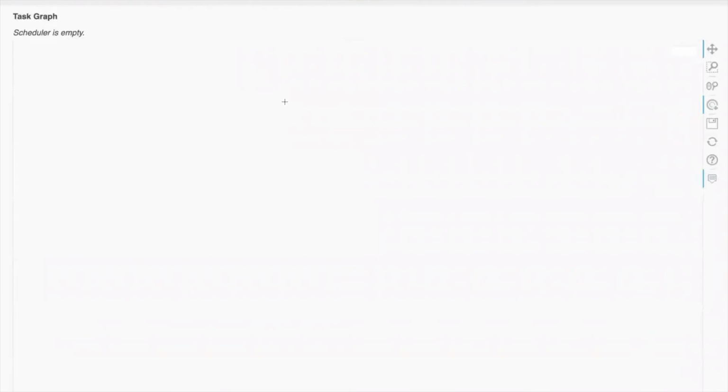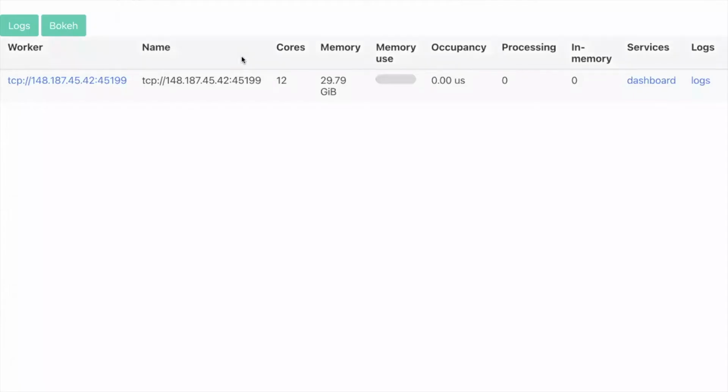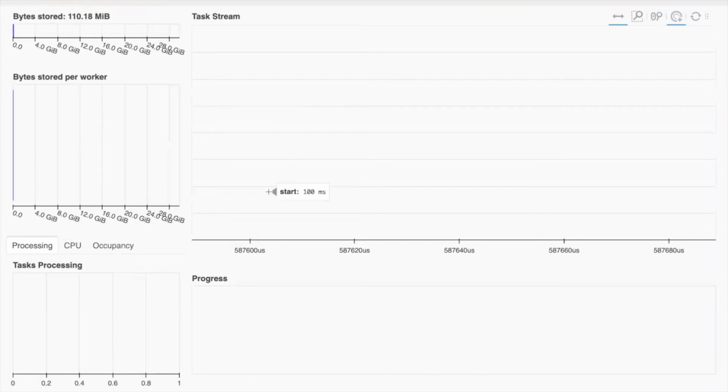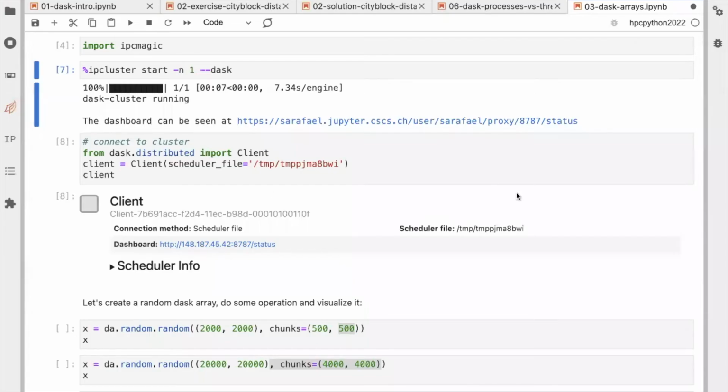The graph, like I showed before in this scheme, but the real thing it shows here. And yeah, there are many things here. We go in info. We go outside with information about the Dask. So we're going to work mostly in this page, but there is a trick that we can do. So we can copy this link here,